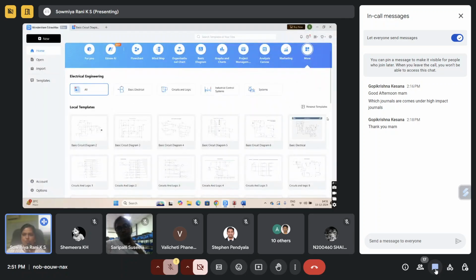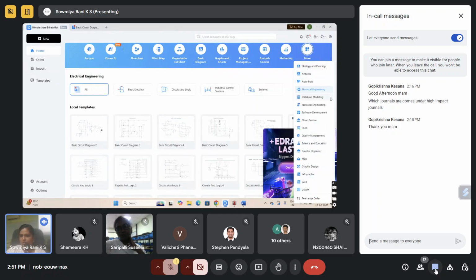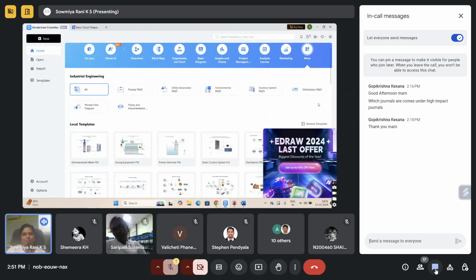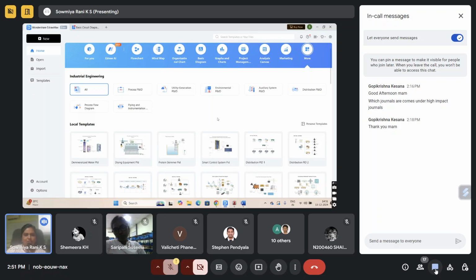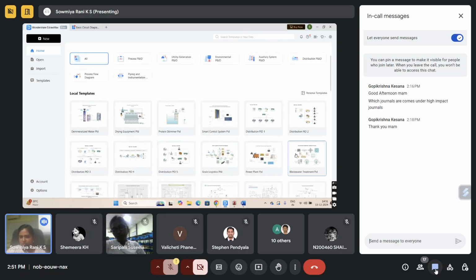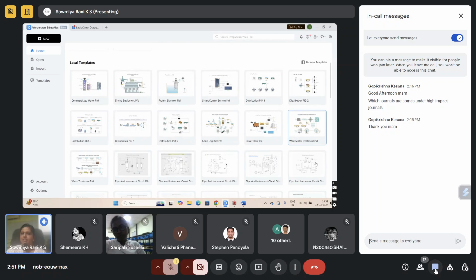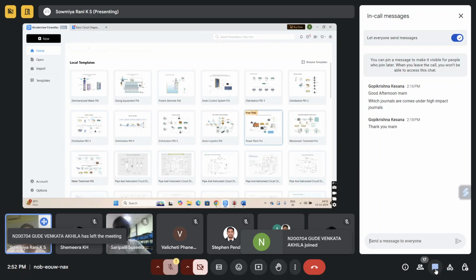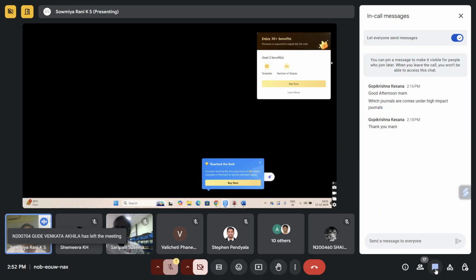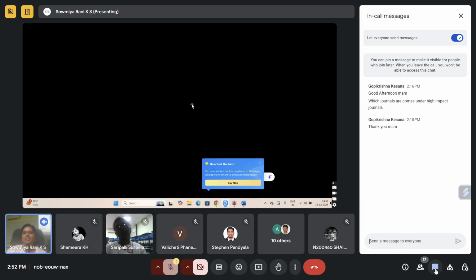Or say you are from some category where you want block diagrams, or say you're from an industrial engineering background and you want some of these processes. Power plant PID, wastewater treatment PID. What exactly is PID? Somebody please teach me. What is PID? P&ID diagrams. Okay, because here it says PID, wastewater treatment PID, power plant PID. I have no idea what that means, but